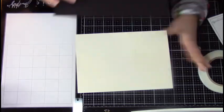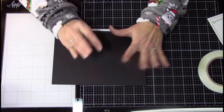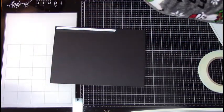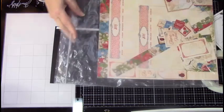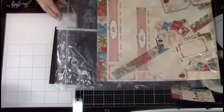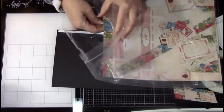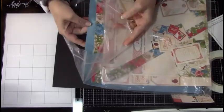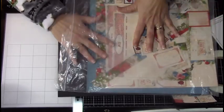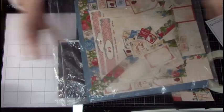Okay, so once you get that paper, that's what you're going to work on. Then you're going to pull your papers from your bag. And again, I told you I am working on July's right now, because that's the next one that's going to be the left. So with July, I have the blue, and then the other folder, and then all of these pieces and parts that I went over in the materials list of what you can cut off. I will attach the materials list. It's all going to be in a playlist